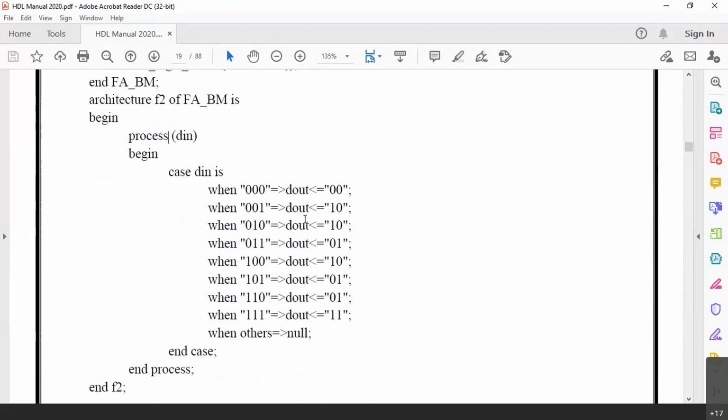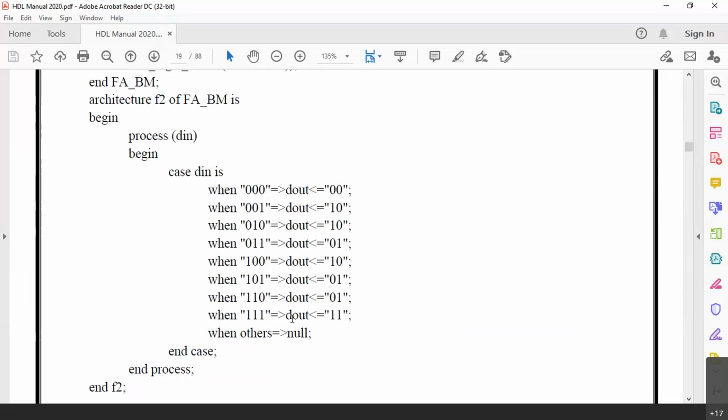So what does it mean? This is a sequential execution, which simply means we are describing the full adder in terms of its truth table. We are not using the Boolean expression. So when we use the truth table, we need not express it again through any Boolean operations, because for a corresponding input sequence, we have a corresponding defined output sequence.